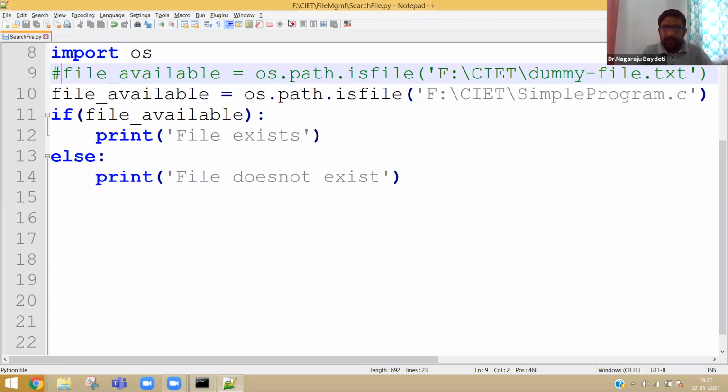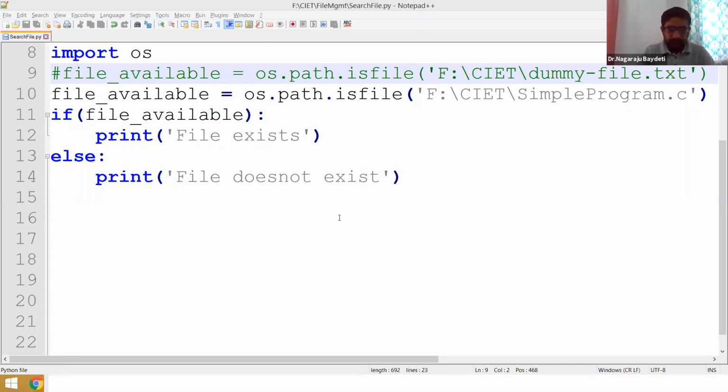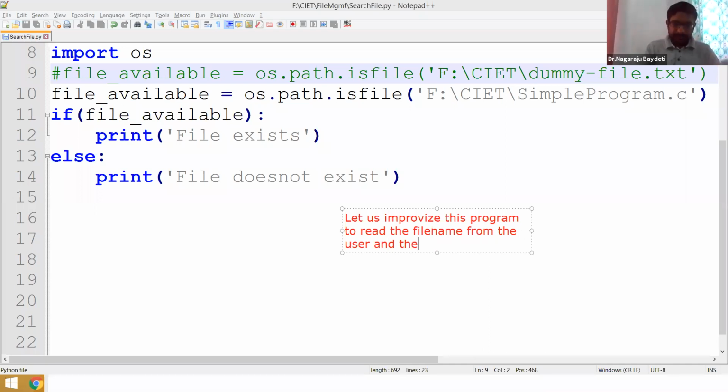So what I mean to say is, let us improvise this program to read the file name from the user and then search the file in the current directory.